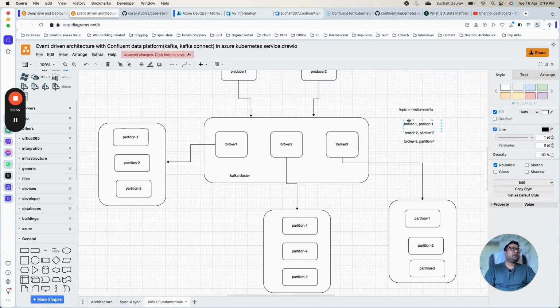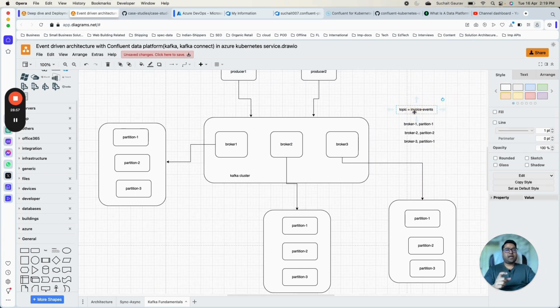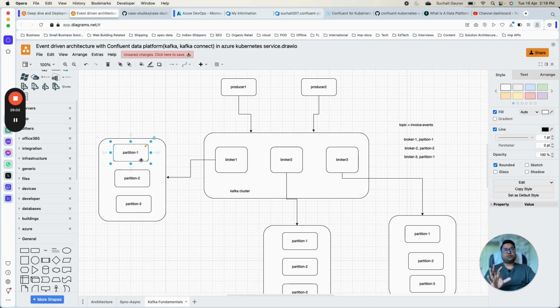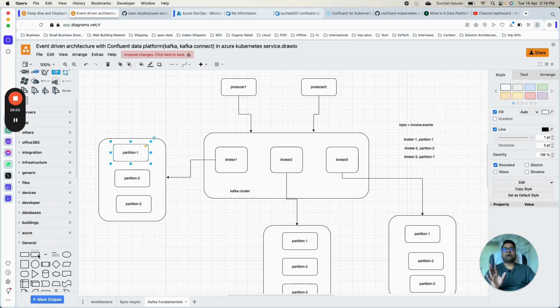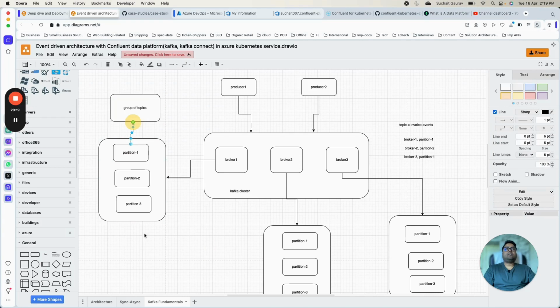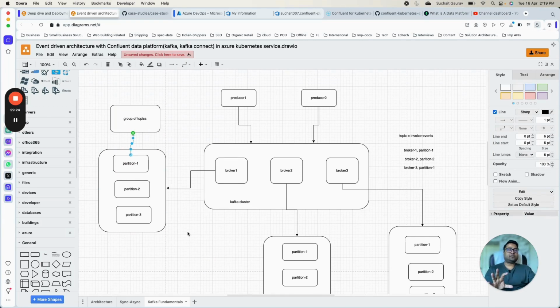Now what will happen? Now you write a message X into invoice event, right? So these partitions will have topics. Okay, these partitions will have many topics. So I'll say group of topics. Okay, so each partition will have multiple topics. So let's say, I'll tell you, there is a technical interesting term which people use to